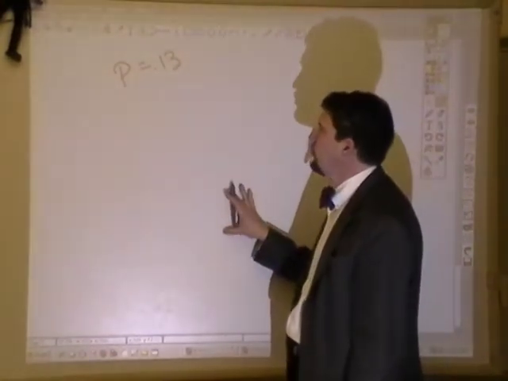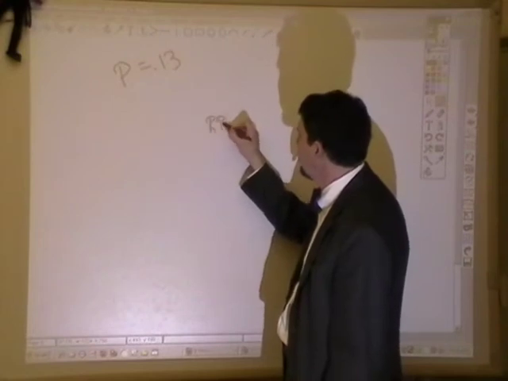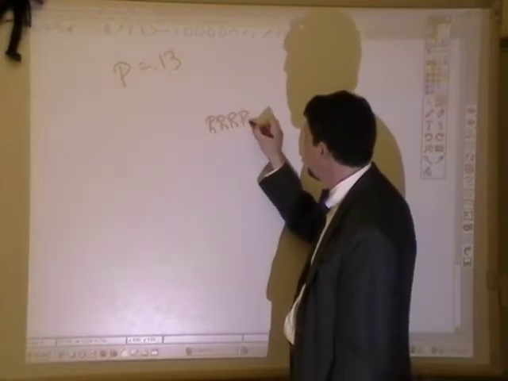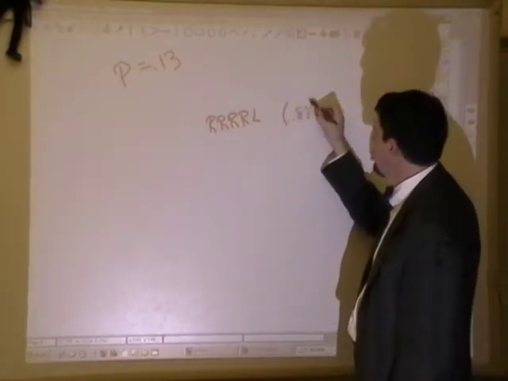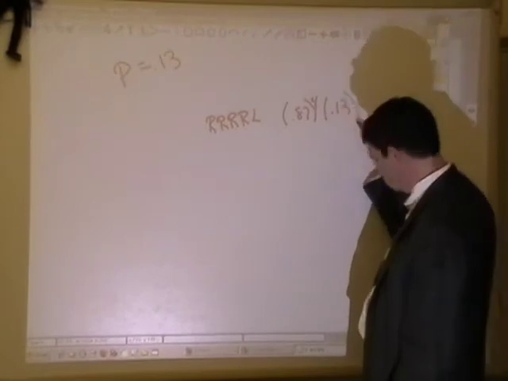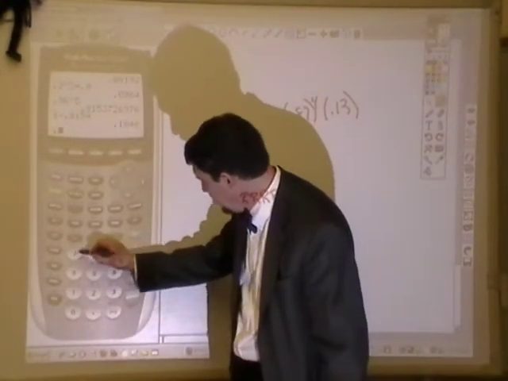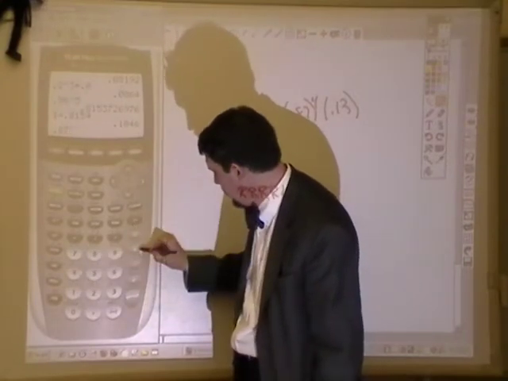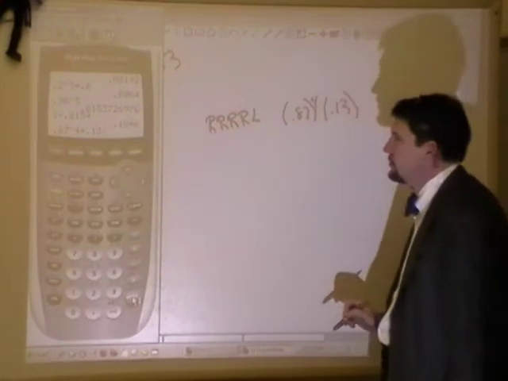Okay, so if the first lefty is the 5th person chosen, that means that I've got a righty, and then a righty, and then a righty, and then a righty, and then a lefty. Okay, which would be righty is 0.87. How many do I have? I've got 4 times a lefty, 0.13. 0.87 to the 4th times 0.13, and we get a value of,